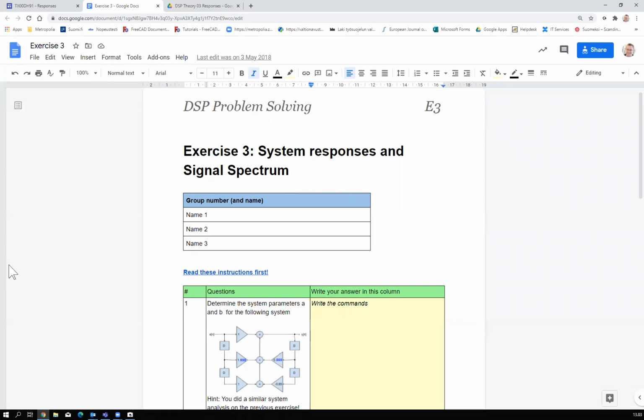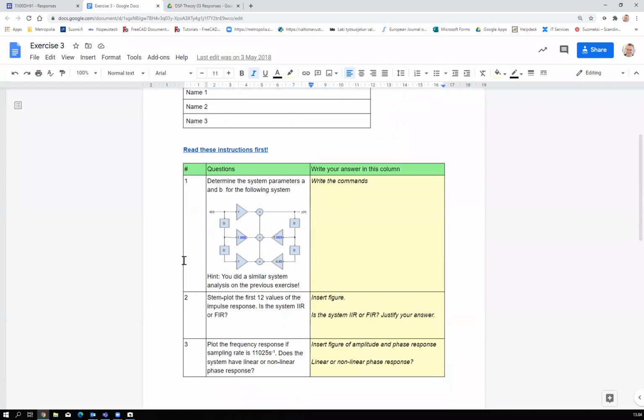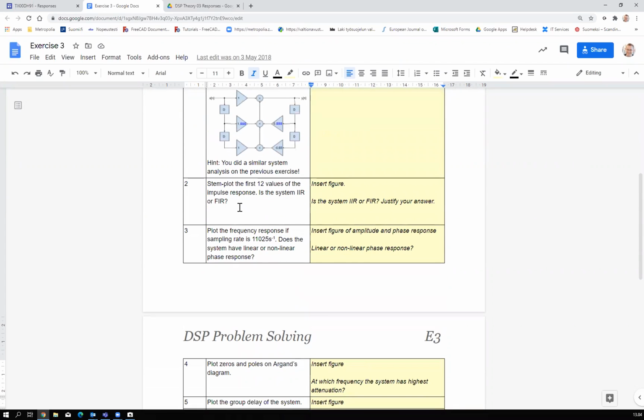Okay, so we have exercise 3, system responses as signal spectrum. The first exercise is similar to the last time, where you just analyze the system and determine the system coefficients A and B, stem plotting the first values of the impulse response, and from that picture you can determine if that is FIR or IIR,